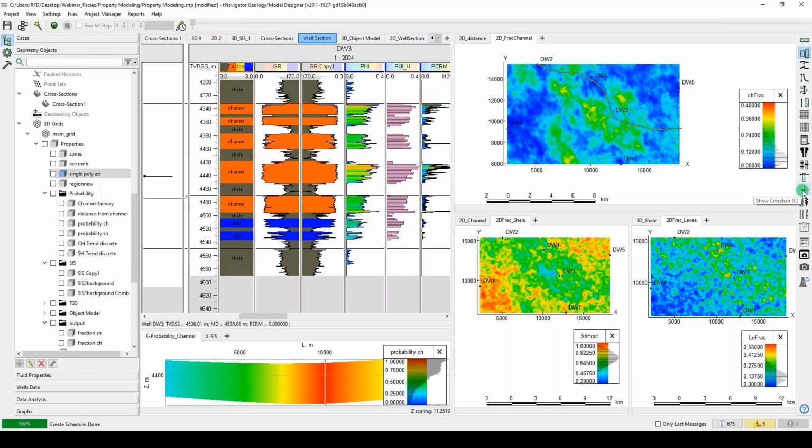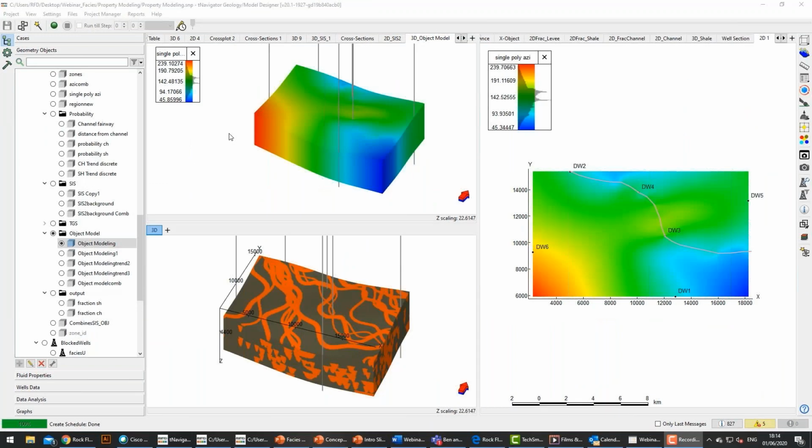While this is running, what we can do is go back into our well section, and we can use the needle tool again from our tool palette, very useful down the right-hand side of any window, and we can roughly measure these individual channel sequences. For example, again in DW3 here, which forms the intermediate or the main area of our channel fairway that we're